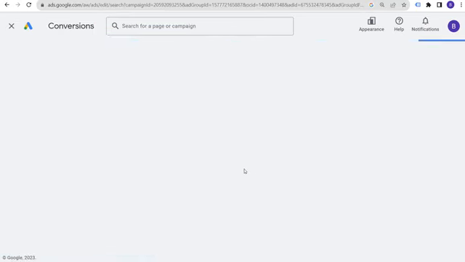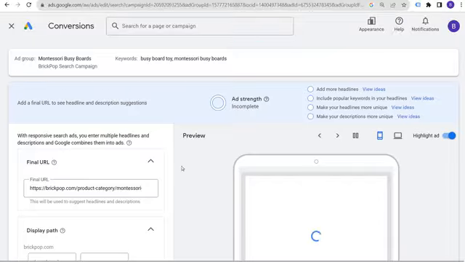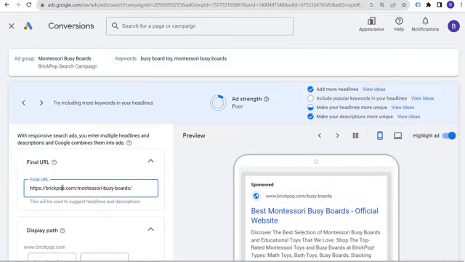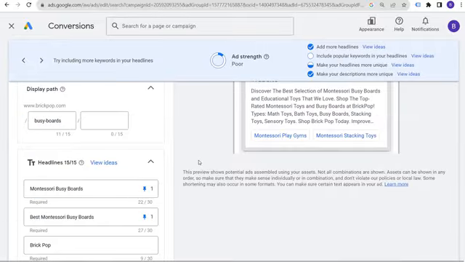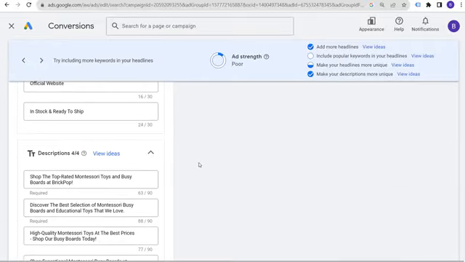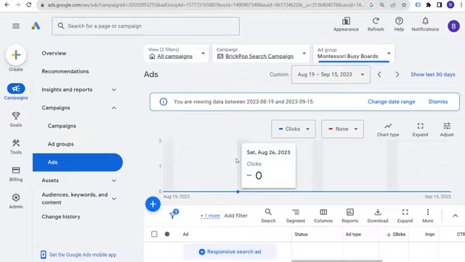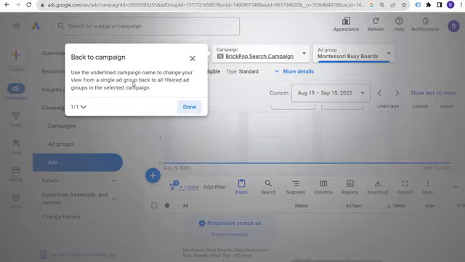And all we need to do, so we're basically A/B testing this advertisement, is update this final URL. So we update the final URL to this other one. And now what Google Ads will do is send traffic to this page and send traffic to our product category page. Whatever performs better is going to be the winning ad. So generally, in what I've seen when I have run campaigns like this, the product category is going to,